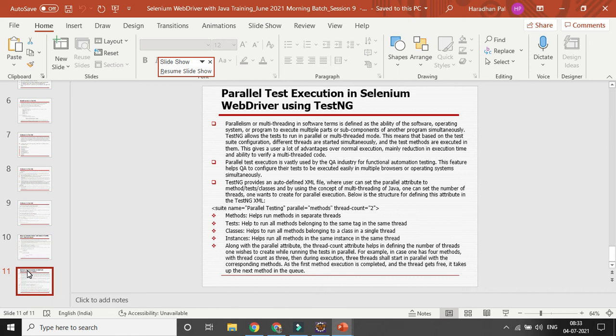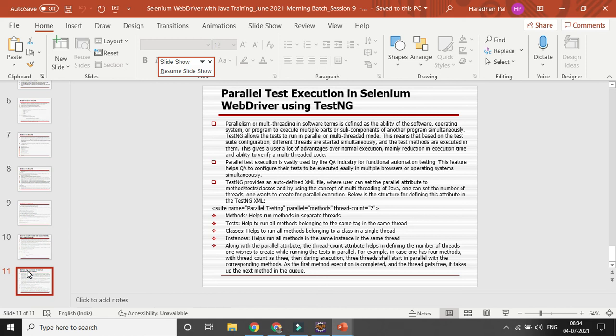Suppose if you run in one browser in one iteration, it might take 2 days, but you want to reduce it to at least 1 day, so you can use 3 or 4 threads. That is the reason threads come into the picture.